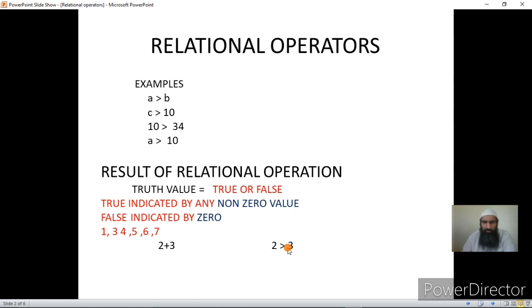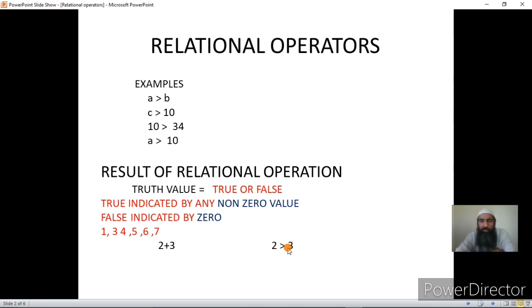If the number produced is 0, then the result will be false, and if the number produced is non-zero, say 1, -1, 7, 8, any non-zero value, that will indicate that my comparison is true. I hope you have understood.